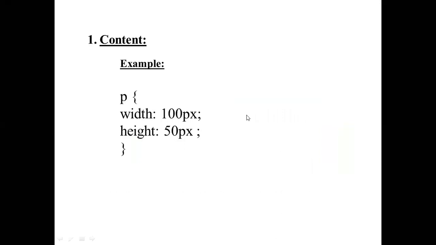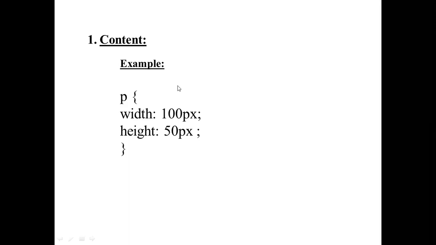First one, content. Here the content is the box where text and images appear. It is the innermost part of the box, such as an h1 heading or any paragraph tag.